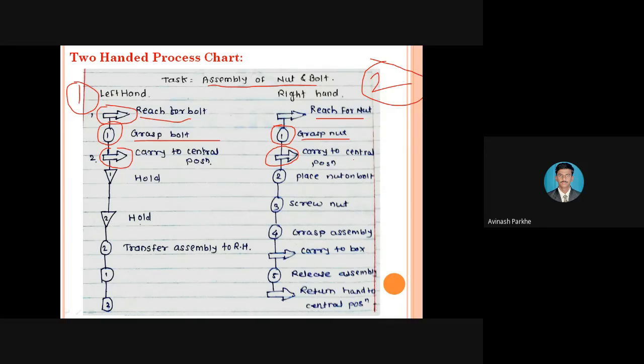Okay, now the nut and bolt are in front of each other, and then your left hand is stationary. You can see here in the left hand hold operation is there, and during that hold place the nut on the bolt. Now your bolt is stationary in the left hand, and I will put that particular nut on the bolt. Again, the left hand is in stationary position, means hold, and whatever the nut I have placed on that particular bolt, I will start screwing. I will rotate that particular nut, maybe in clockwise direction or maybe in anti-clockwise direction. That means assembly is going on.